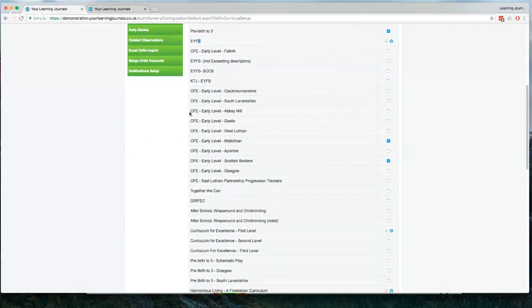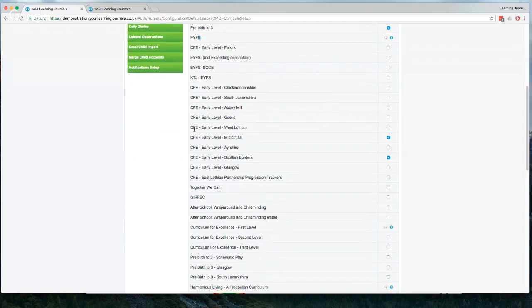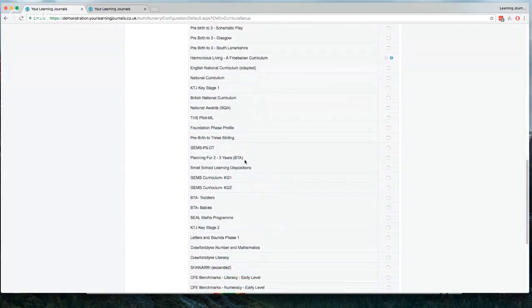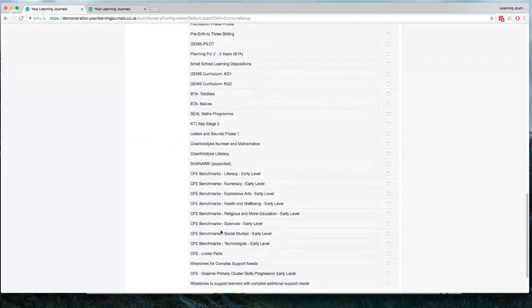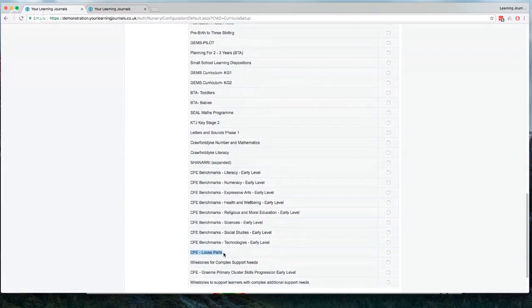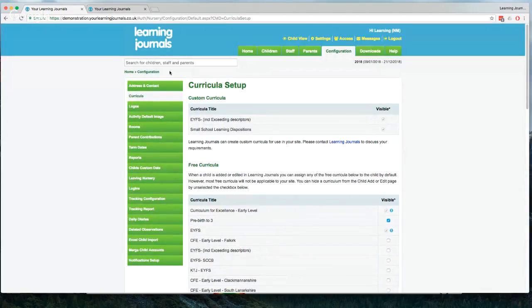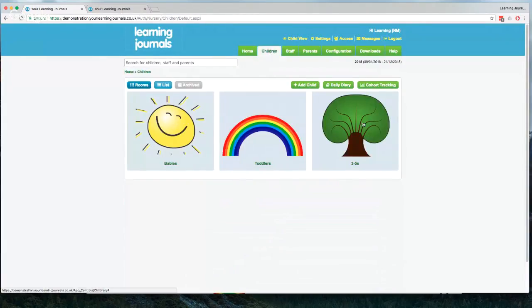You can see, for example, the Curriculum for Excellence has various flavors of Midlothian, for Ayrshire, for the Borders, for Glasgow. And if we scroll down here, it's one of our recent ones, so I can add it in. We have got loose parts. So if I check this box, the Curriculum for Excellence, loose parts, this will now be added to, if I click on one of our children,